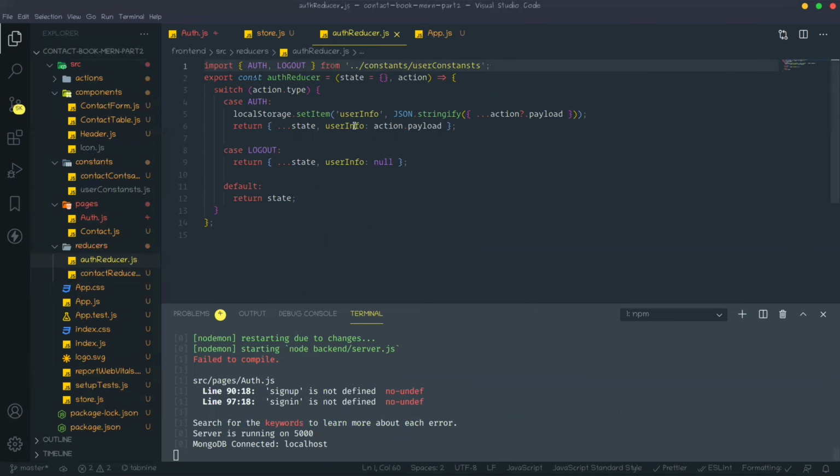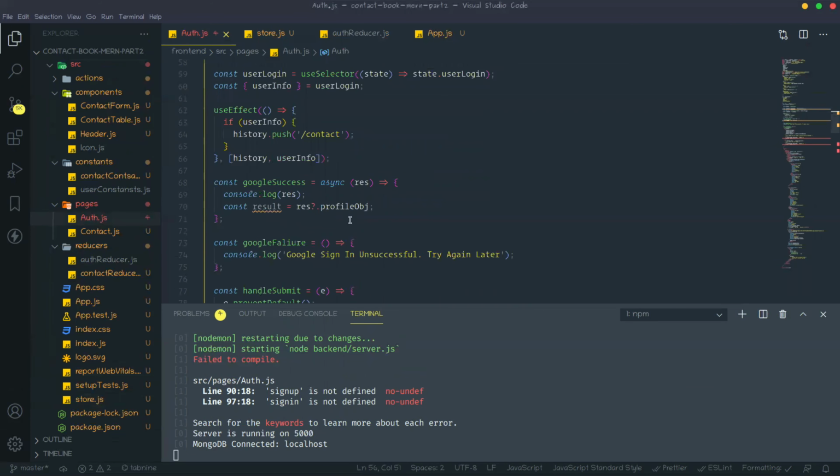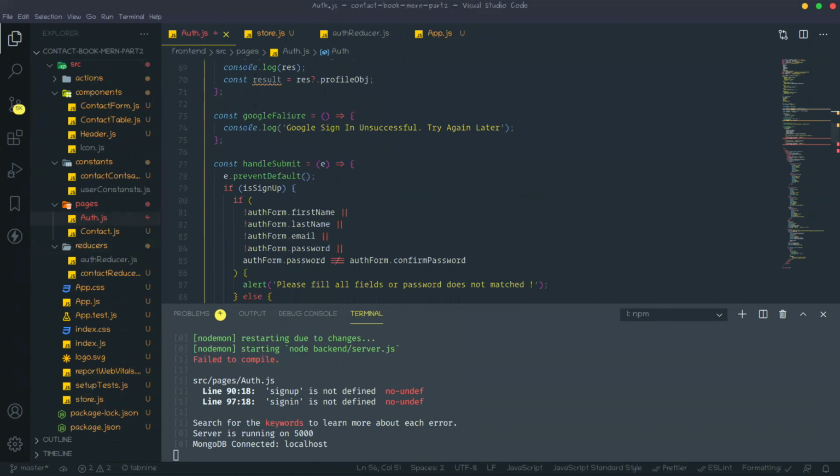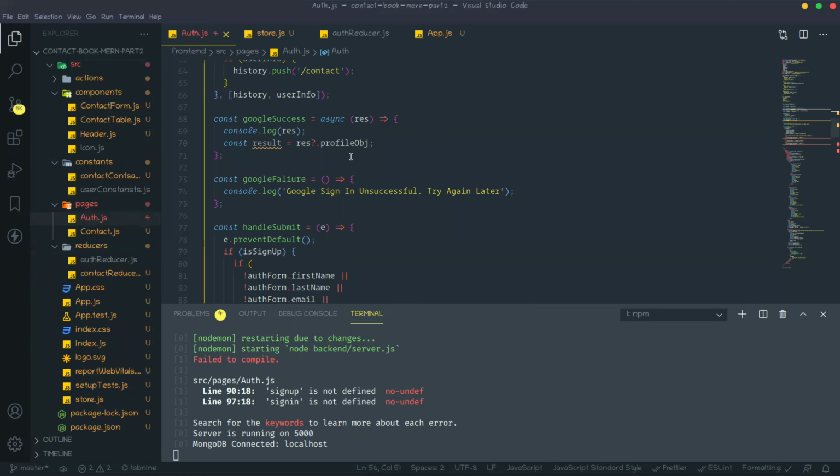Now we need to create these two actions. So everything is done. Now we need to create these two actions, sign up and sign in. Okay, before that, what are we getting from that Google login? We need to store that data. Actually, we are just signing up with that data first. So it will be good for us, then the user can log in. Okay. So when the user logs in, then we will get that user ID. Right. We also need that. Right. So just create one try catch block.